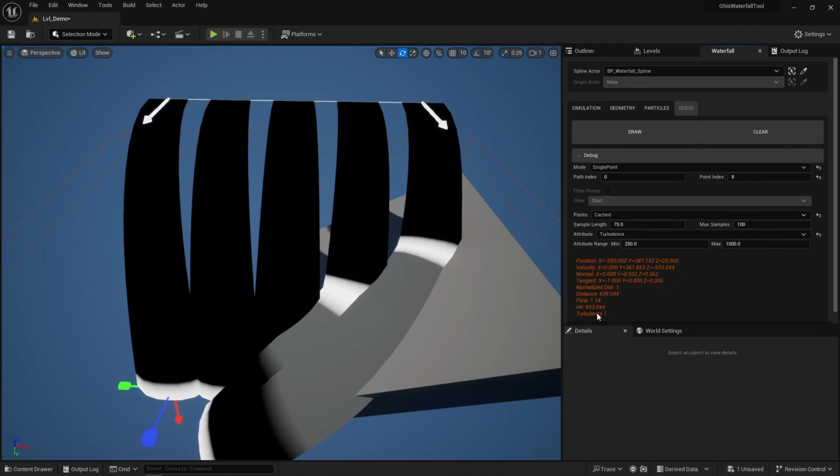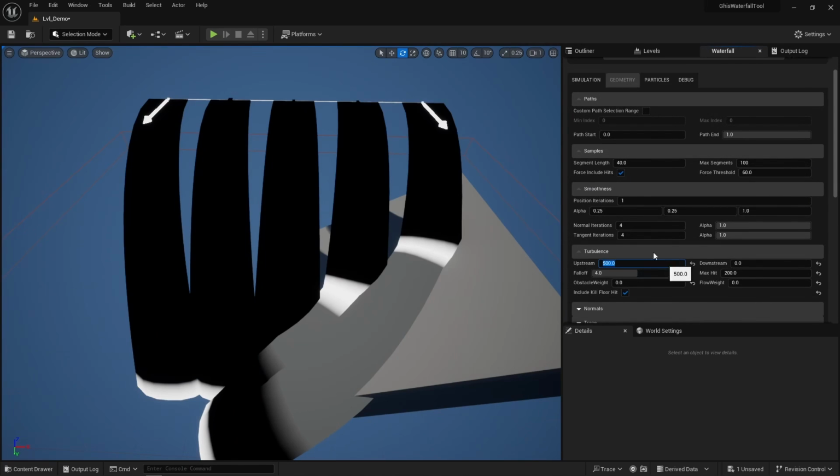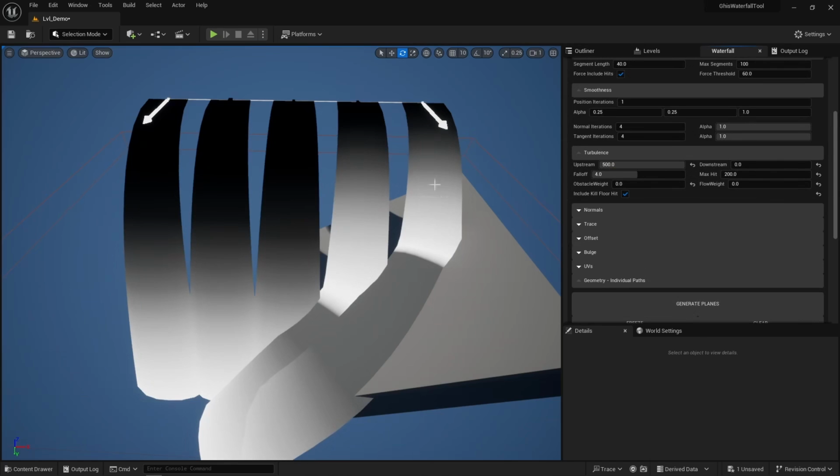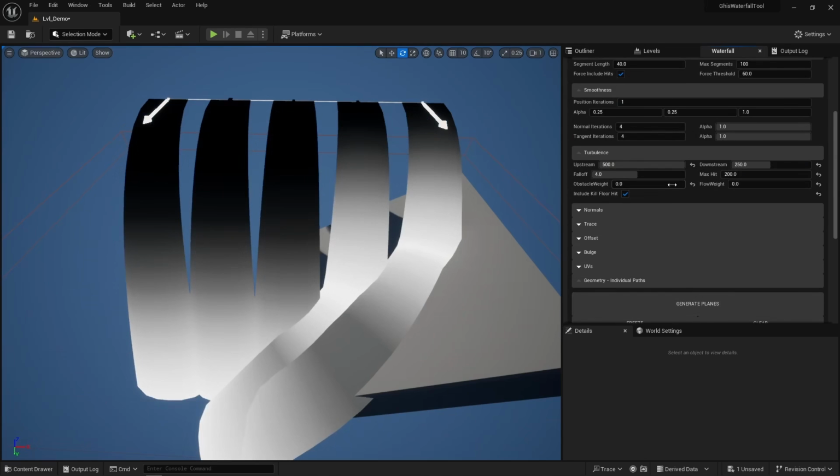By the way, this debug tab has tons of options. It mostly helped me during development, to be honest. I don't expect it to be that useful during production, but who knows. Now I'm going to spread turbulence upstream by, let's say, 5 meters. Regenerate meshes, and that turbulence has indeed been propagated upstream. Same with downstream, cool. Then let's have the flow and obstacle deviation participate in the turbulence a bit as well,